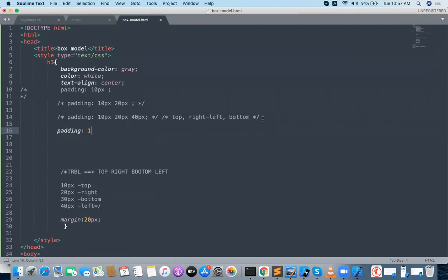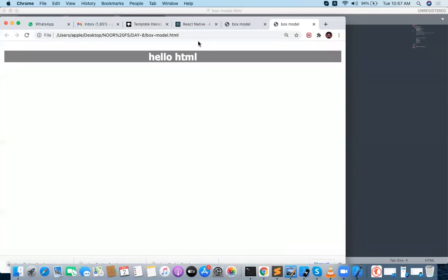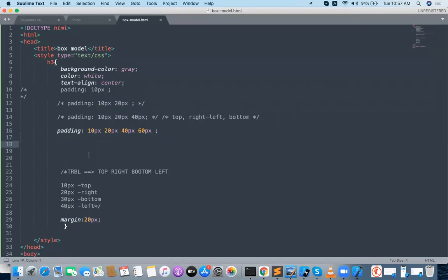Something like padding 10px, 20px, 40px, 60px. This is arranged as top, right, bottom, left. So some padding is arranged here, some padding here, some padding here, and some padding here.